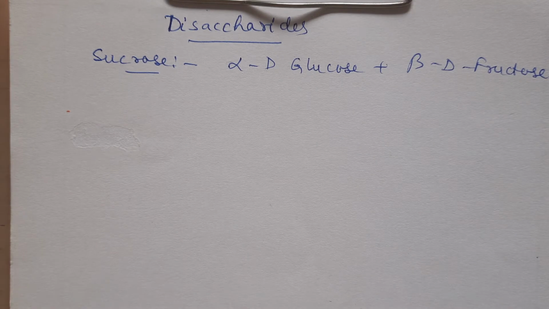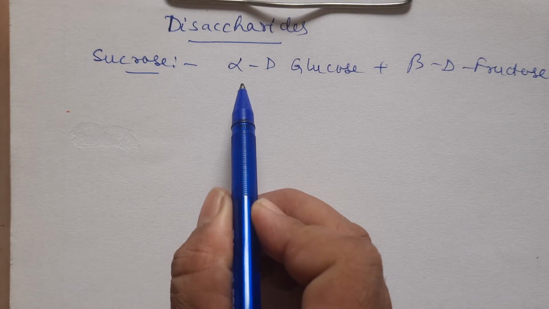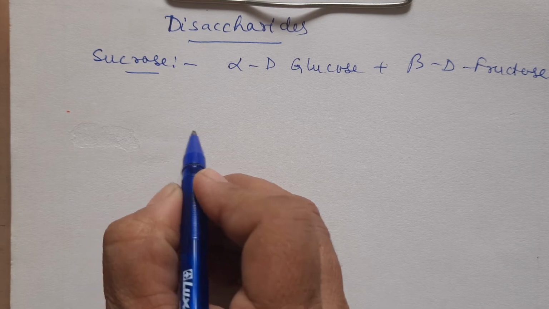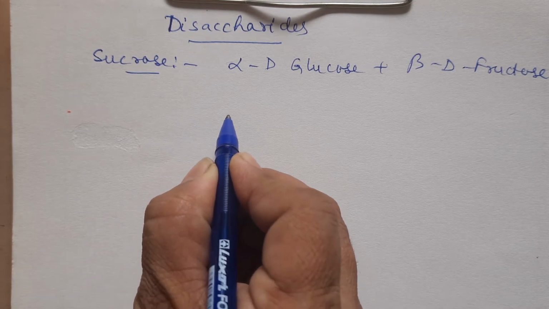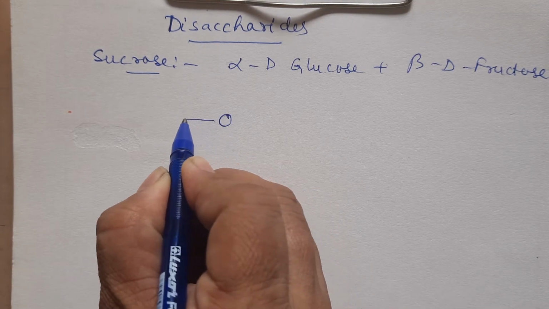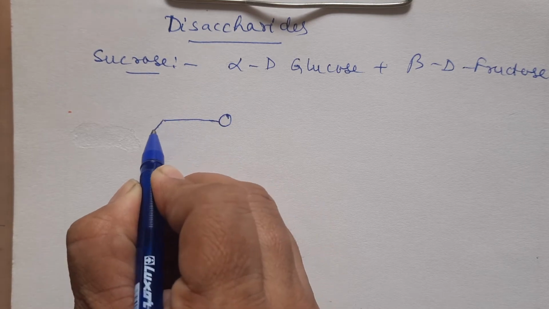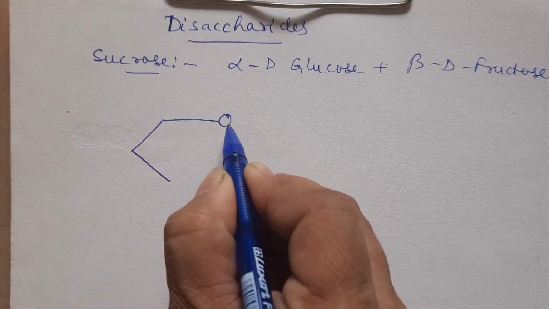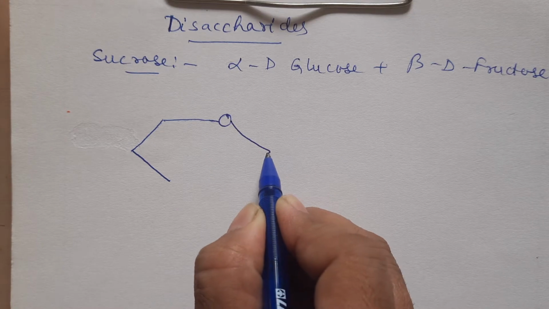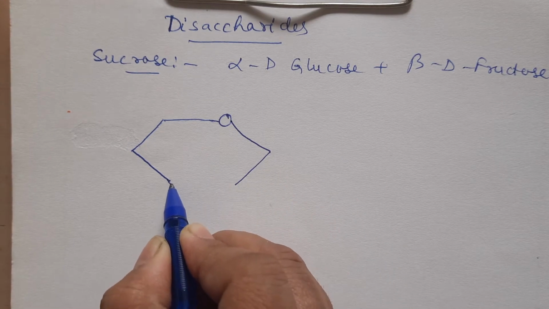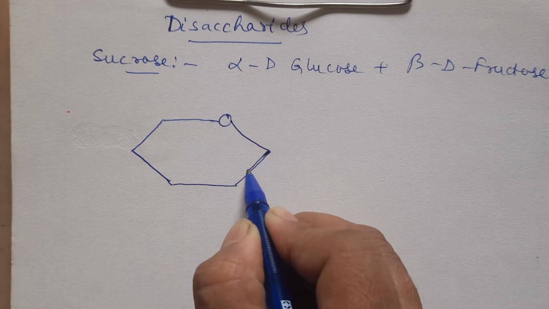So we have learned the structures of glucose and fructose in the previous videos. So if we draw their structures, then we can also draw the structure for sucrose. So first we will draw, children, alpha D glucose, right? So what was alpha D glucose? We have drawn like this. It was pyranose like structure. To watch the complete structure for this, how we have drawn it, please watch my previous videos of biomolecules.